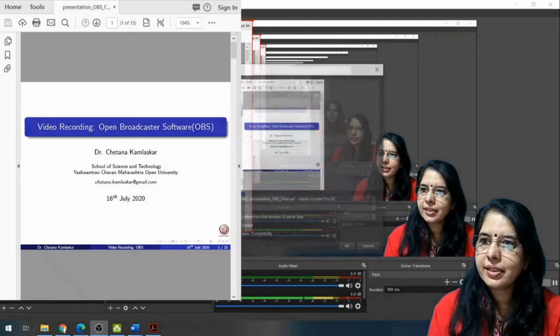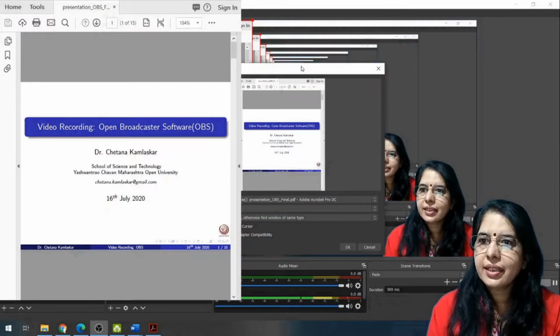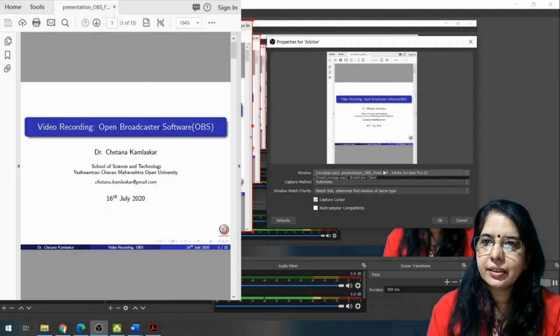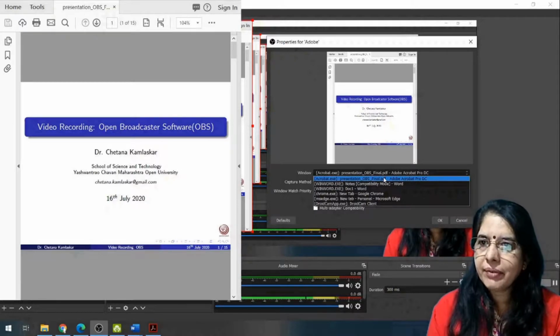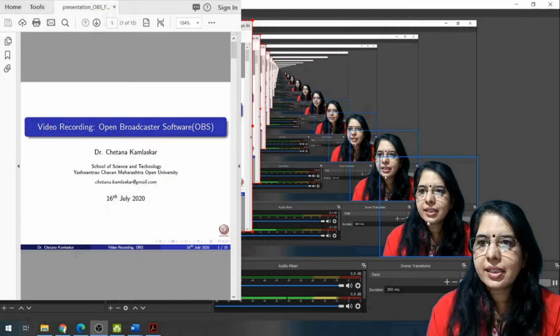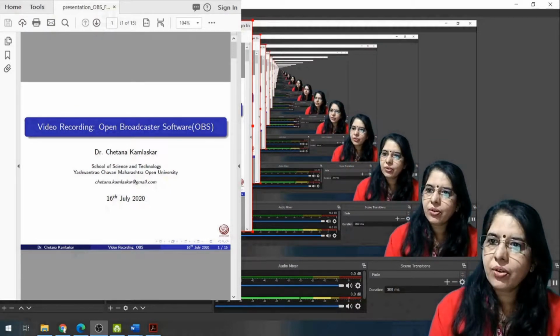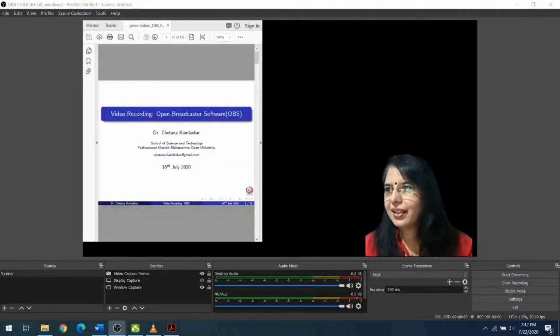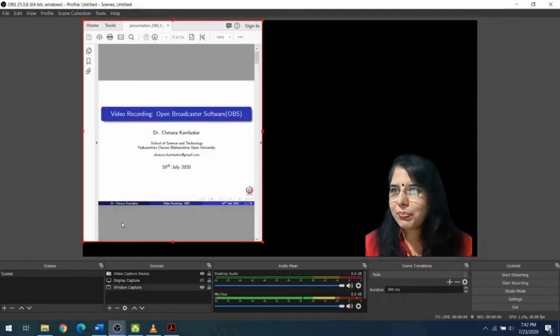I already added the name, so I'm going to right click it and select properties. We can see it shows the Adobe Reader. Now select this as my window for the recording, then click OK. The same is appearing here. So we are now ready to record this particular window only. You can resize or reposition this window screen using these highlighted red color points.